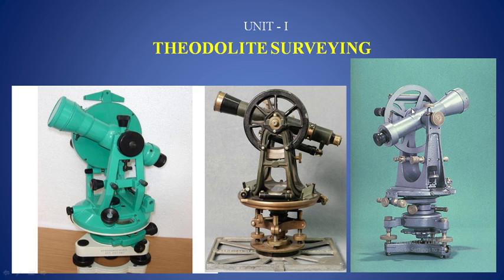So the instrument you are seeing in the picture is known as Theodolite. It is similar to dumpy level, but here the telescope is fixed to the standard A-frame, not to the horizontal plate. Now, this instrument, Theodolite, is used to measure horizontal angles, vertical angles, and also it is used to take staff readings by keeping